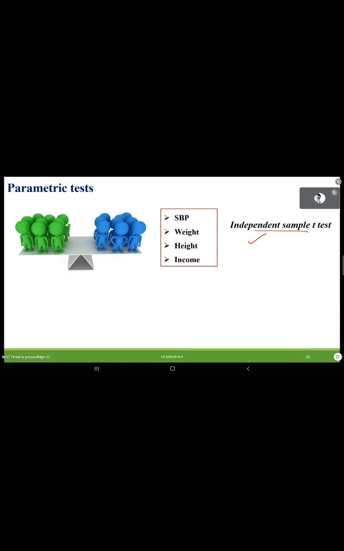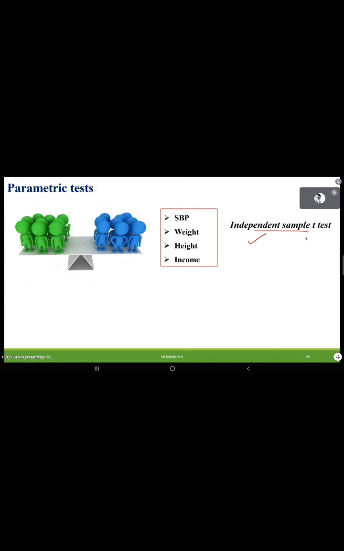Yes, please. If you want to compare the income between doctors and nurses, then it is an independent sample t-test if data follows normality. Clear, no? If you want to compare the height between males and females, then again it is the independent sample t-test or its non-parametric analog. Whenever you want to compare the average value of any continuous variable between two independent groups, you can go for independent sample t-test. A t-test is comparing two group average values.